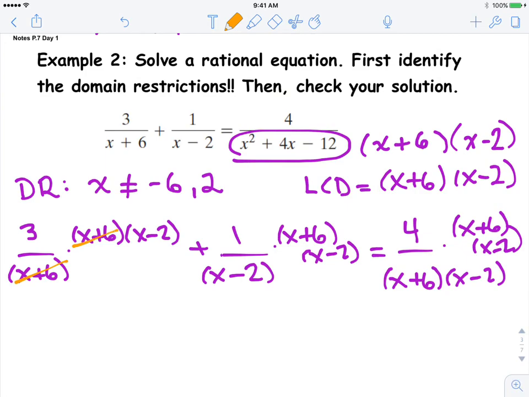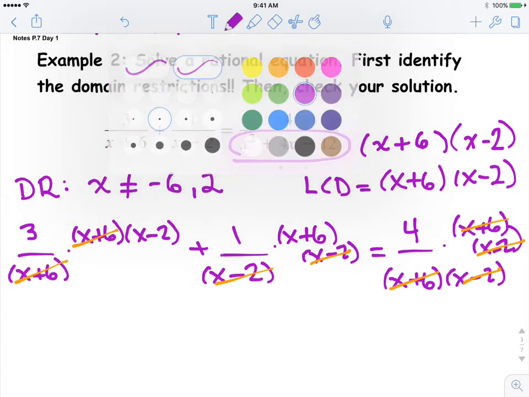X plus 6 cancels. X minus 2 cancels. X plus 6, x minus 2. What should happen at that step is all fractions will be gone. Let's turn it into a linear equation. So we're left with